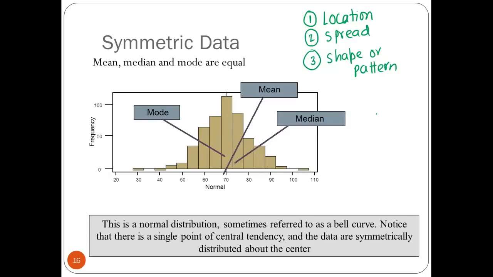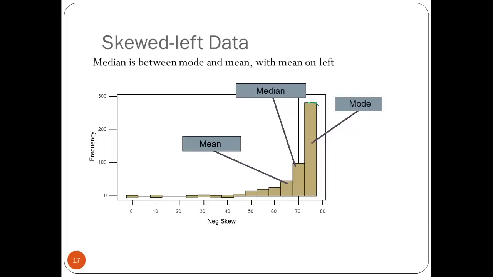So if it is symmetric, symmetric means, if I have a shape like this, these are called tails. This is a left tail and this is a right tail. If these tails are approximately of the same length, then you can say it is symmetric. And when it is symmetric, your mean, median, mode, those are the same. You may also get a shape like this,